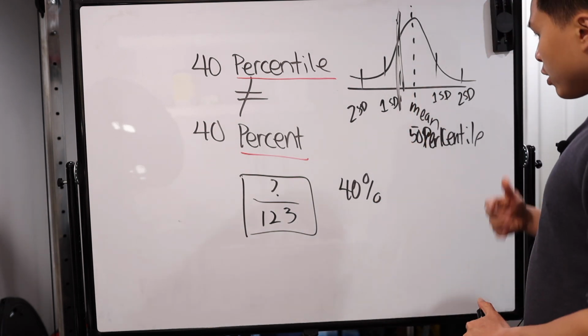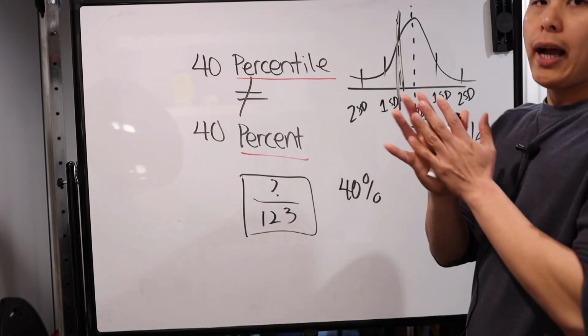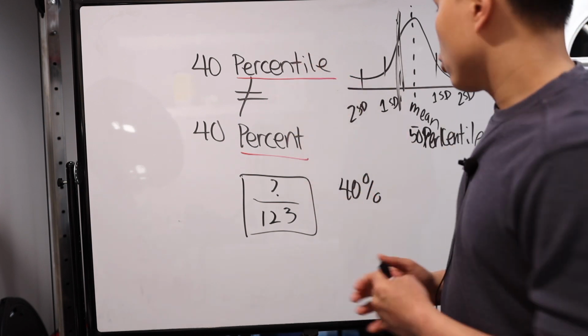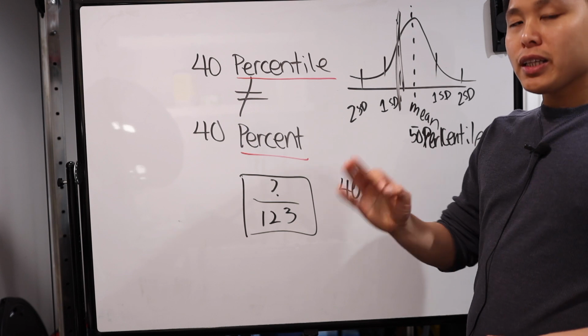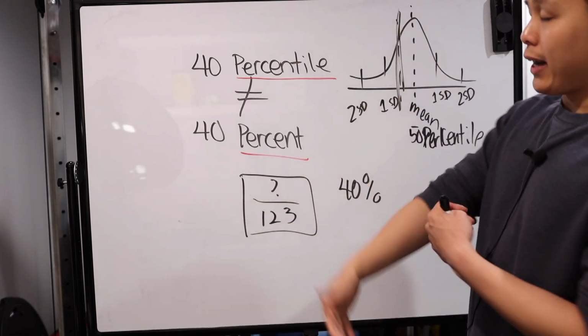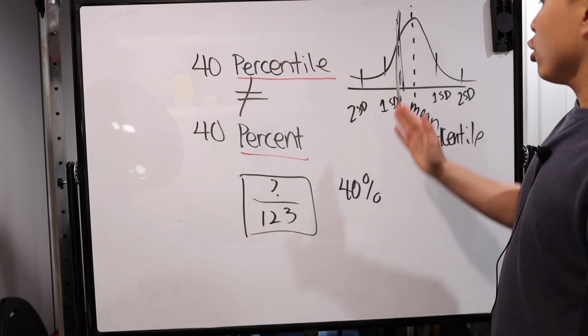Now, here's the thing that you need to know about percentile in relation to how well you are doing and what it means in terms of a potential grade. First and foremost, the most important is the mean. Usually that means it's at the 50th percentile. That means half is going to be on one side, half is going to be on the other. So if you are in the 40th percentile, that means you're in the lower half.